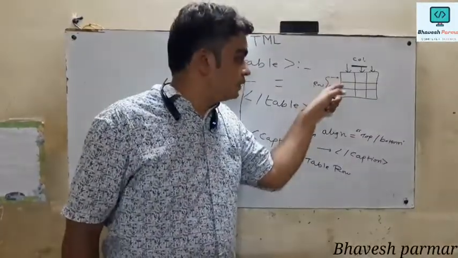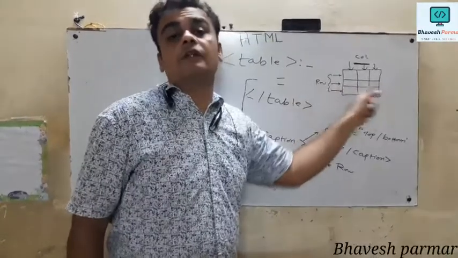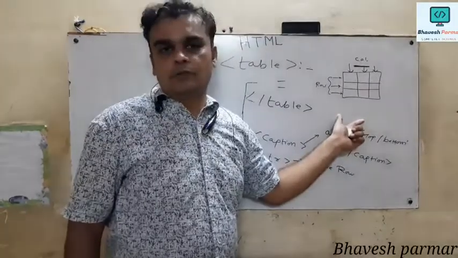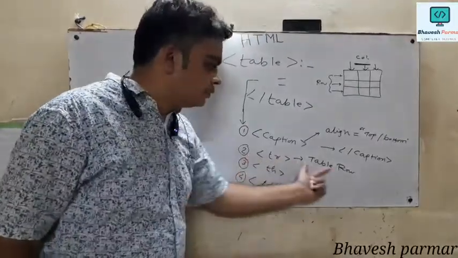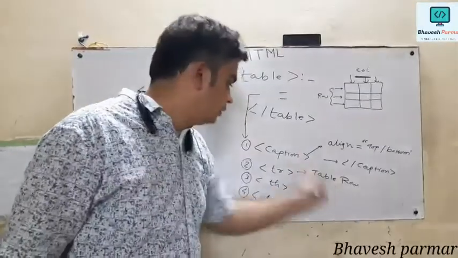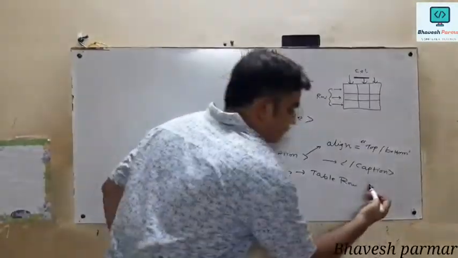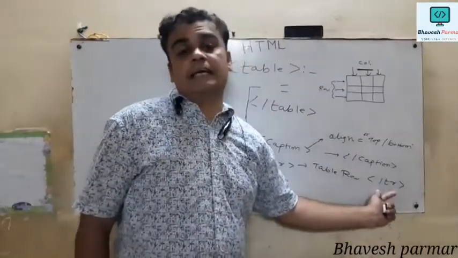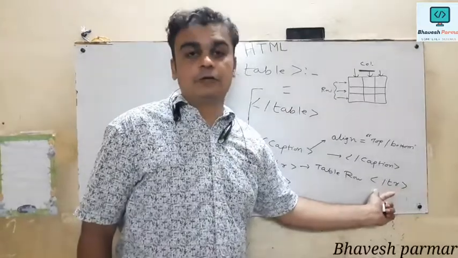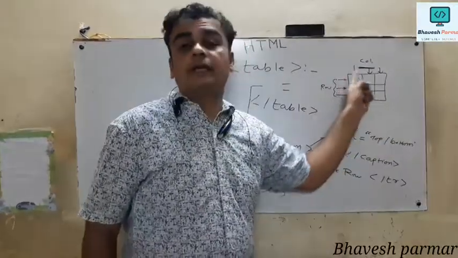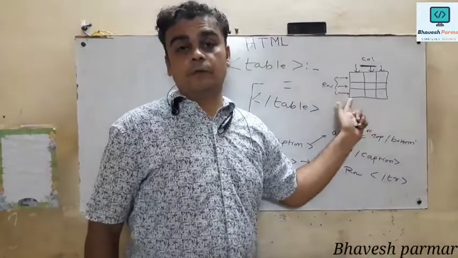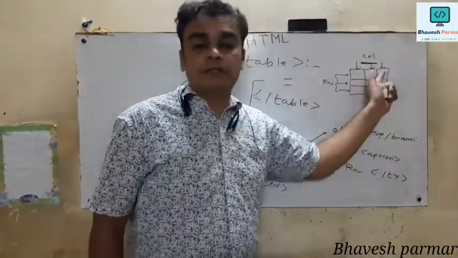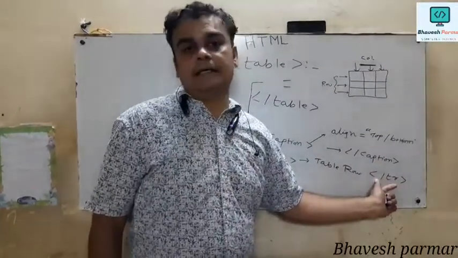So this is my first row, second row, third row. In this way I am going to fill the information. So we can put the data in row as well as column form. tr tag is used to represent table row, and it is also a pair tag, so its companion tag is slash tr. And we always use the slash tr tag because if we forget to give it, the structure of the table gets collapsed. So be careful while writing the program. You should close the information by slash tr tag.